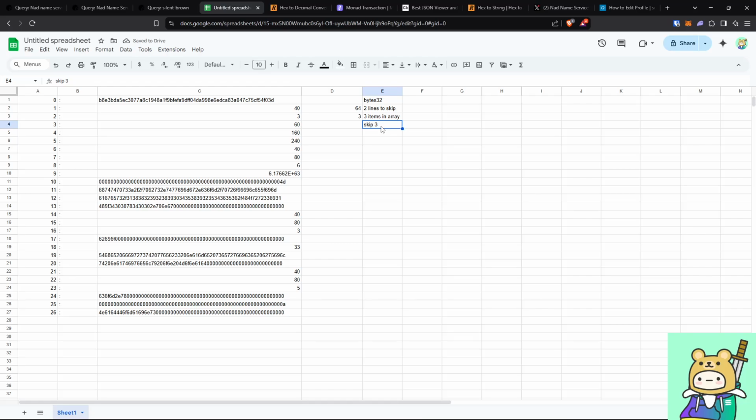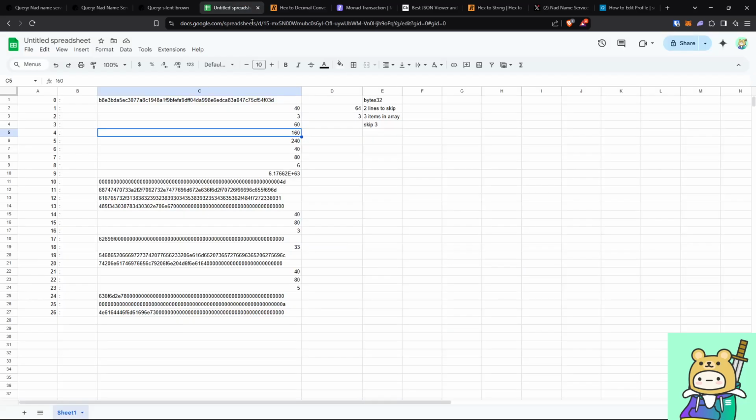Skip 3 here, where you might ask where would you start the skip from? I don't know how to explain this, but the way I think about it is like there is this hierarchy of information. After it tells you there are 3 items in the array, the next 3 lines are its own hierarchy almost, right? All this information is below 3, so you would skip 3 from the current hierarchy, which is this. So 1, 2, 3, and the 6th item in the part array would be the starting of the first item from here. Okay,